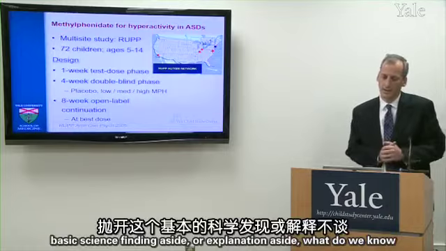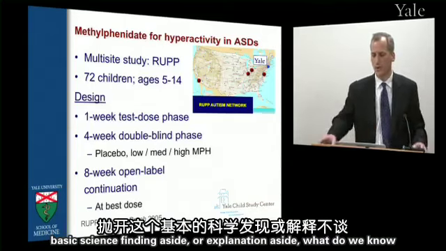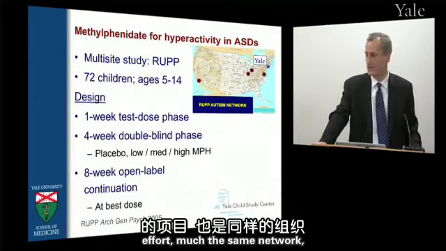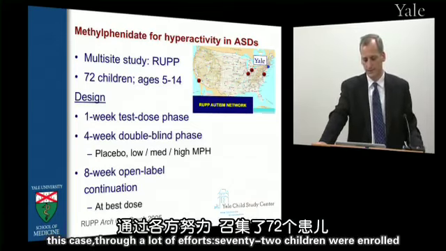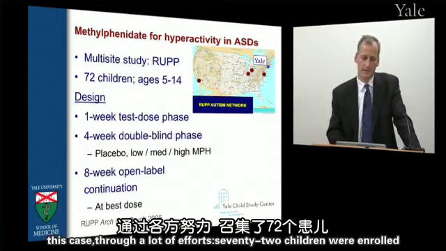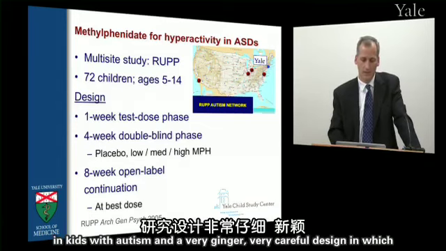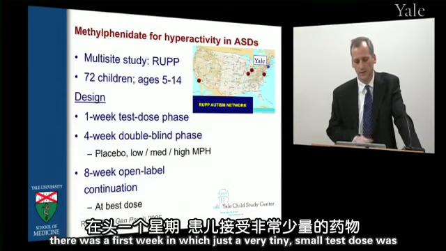Now, leaving that basic science explanation aside, what do we know about how these medications work in kids? Once again, a multi-site effort, much the same network, the RUPP network around the country. In this case, through a lot of effort, 72 children were enrolled. Very hard to enroll. A lot of hesitation about using these medications in kids with autism, and a very careful design in which there was a first week in which just a very small test dose was given,